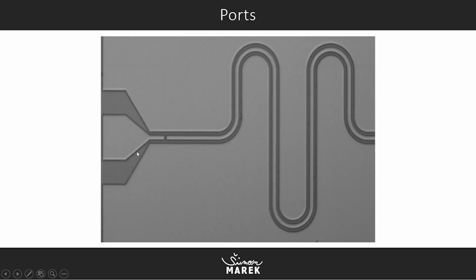So you can see the port, which is very important for connecting amplifiers with the outer world. So this is the component here. We can play with the port sizes, and we can also adjust the shape a little bit so it